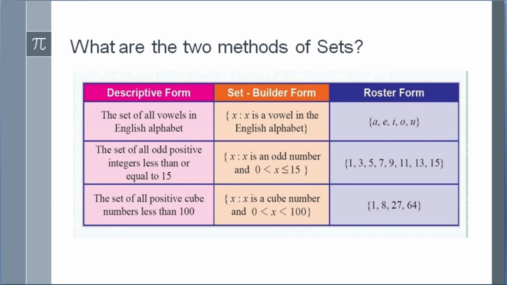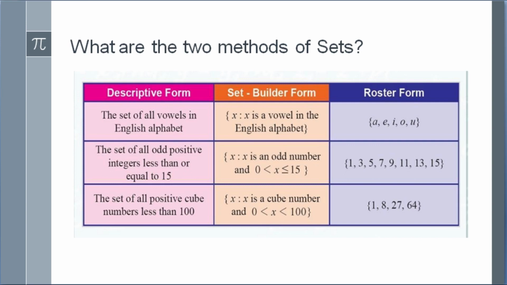So I am giving you an example. A equals x such that x is a natural number where x is less than 10. So I defined x here as a natural number that is less than 10. I defined two properties here, and we can clearly understand now that the set will be of 1 to 9 elements. So I guess you all will be clear with the rule method or set builder form.